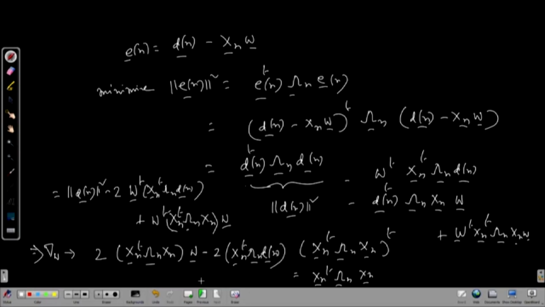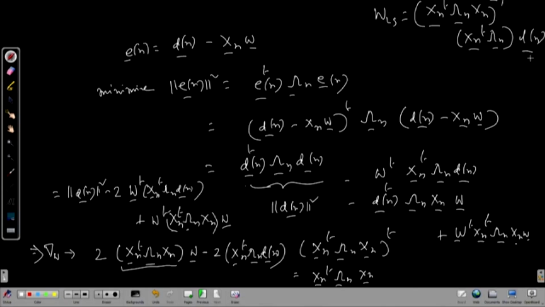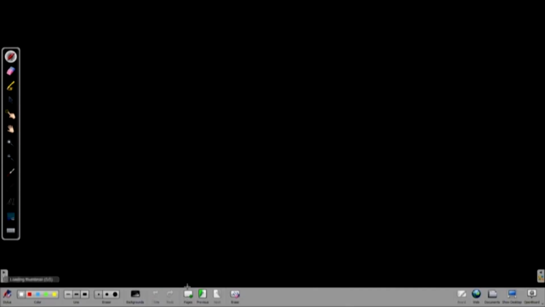You equate this to 0, and if this is invertible, assume it to be invertible as before. So your WLS will be the inverse, 2 cancels. So only this lambda n matrix has come. If you take that out, it is the same as what we had earlier. And I am assuming this matrix to be invertible because, even if this lambda n has come,